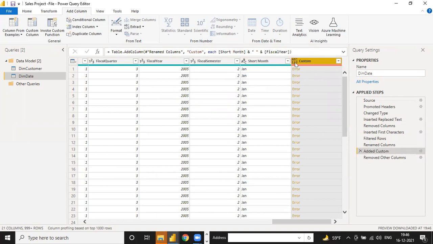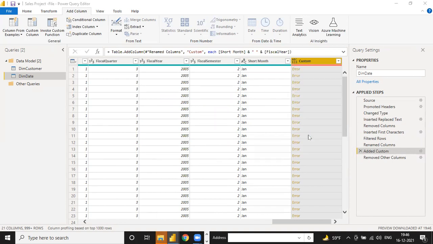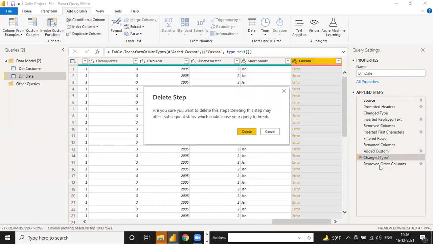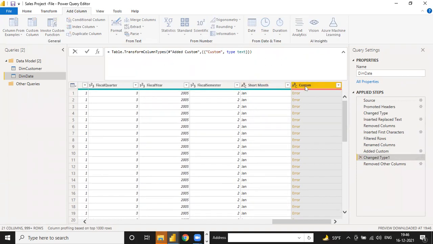So added column, just click on this text value. It is not, let me just check. Jan and fiscal year is 2005. I think this one should be okay.